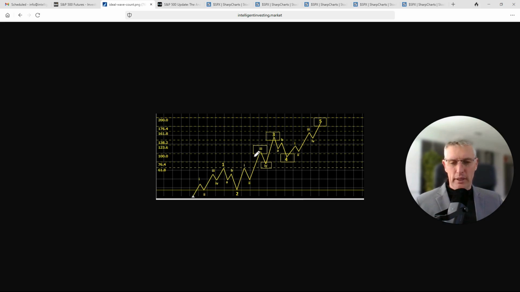In a third of a third wave, we expect it to reach anywhere between the 100% to 123.6% extension of wave 1 measured from wave 2. The fourth low will then go to 61.8 to 76.4%. Since we topped right at 100%, expect the fourth wave to go to the 61.8, and then wave 5 of 3 will go to ideally the 138.2%. The 76.4% makes a higher low, and then the fifth wave. So this is our ideal Fibonacci based impulse pattern and framework.